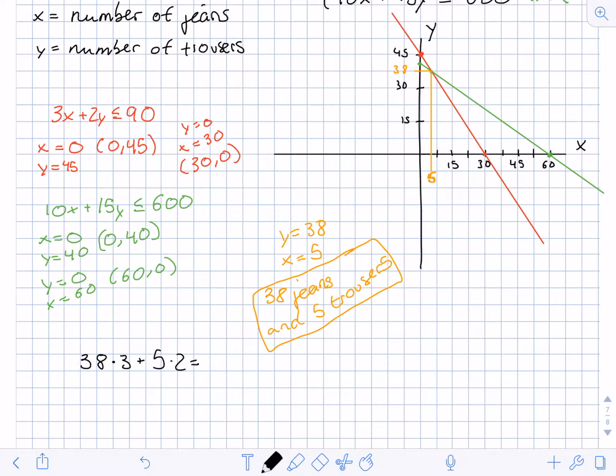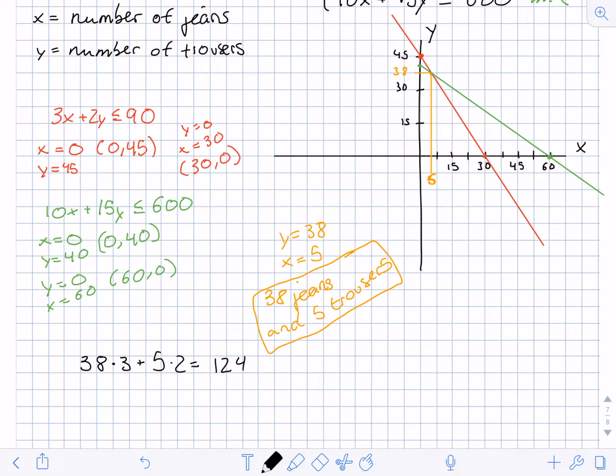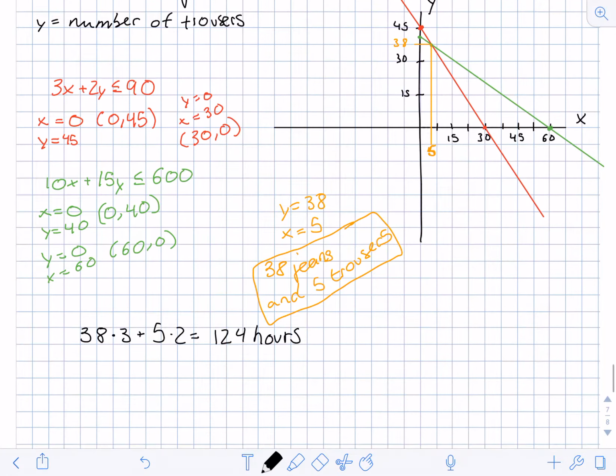Let me just get the calculator. So we have 38 by 3 plus 10 is going to be 124, and that's going to be hours, and we're given that, oh no,